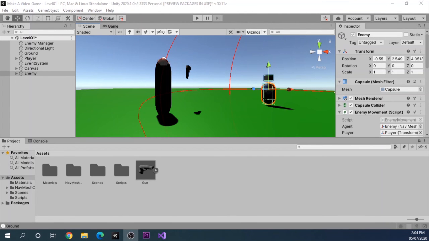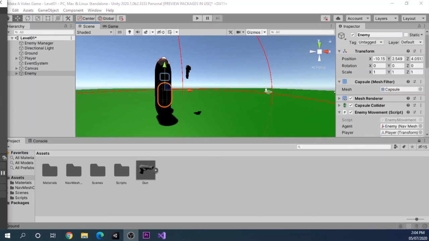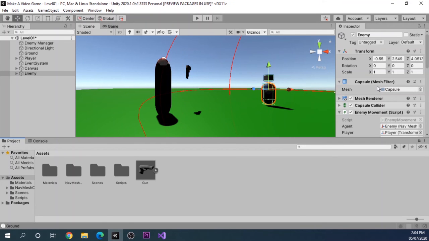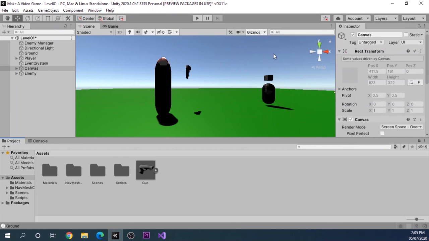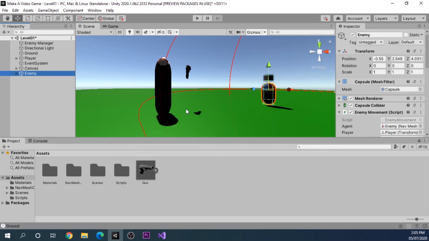Alright, so what I did is that I changed the radius to 2 because it looks very large. So you see that if I try to move our enemy, the radius will follow it. And so let me just set that back to its normal position by clicking Ctrl Z. So since we have done that now, what we are going to do is we want our enemy to pursue our player any